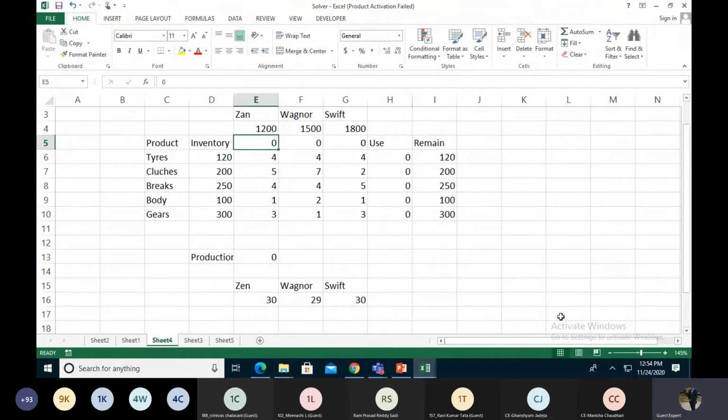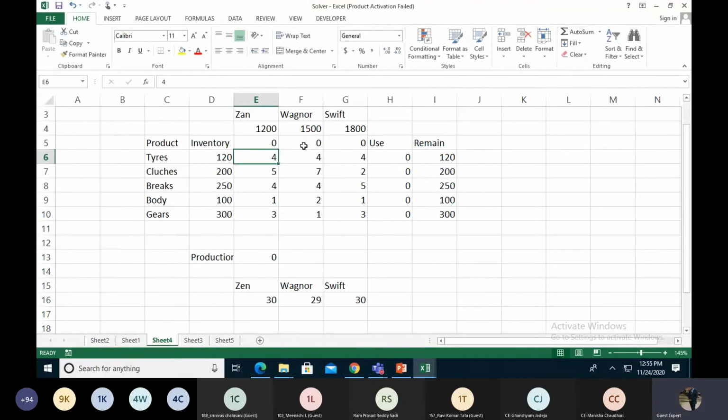So right now, if we sell 30 Zens, all are going to be 0. So my tire is going to be 0. The clutch is remaining 50, brakes remaining 130, bodies remaining 17, and gear remaining 220. So for this inventory we can produce a maximum of only 30 Zen, because without tires we can't make any Zen, so they give the probability. Otherwise the other things are not 0: the 50 clutches and 130 brakes remain, but the tire is 0, so we are not making any kind of Zen right now.